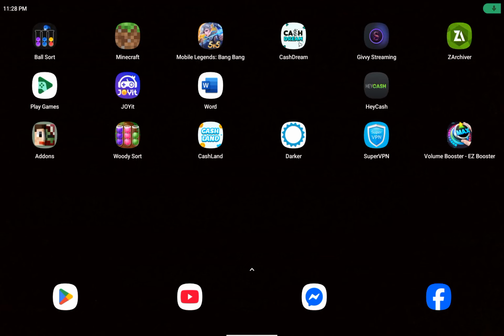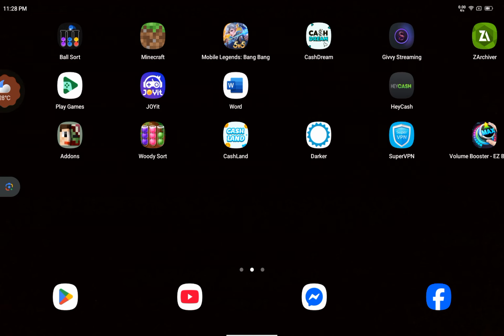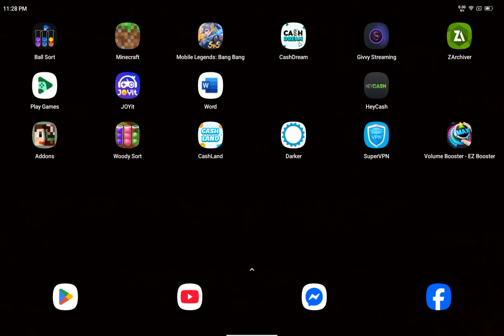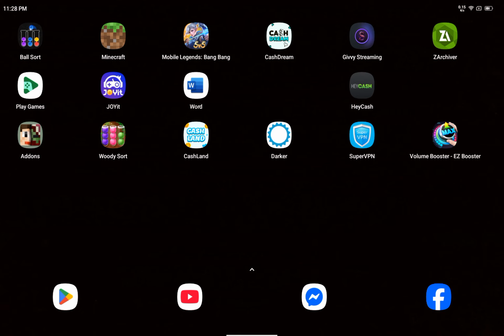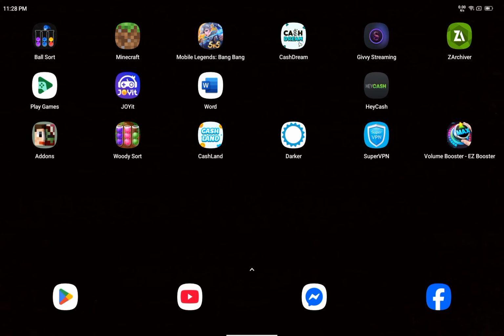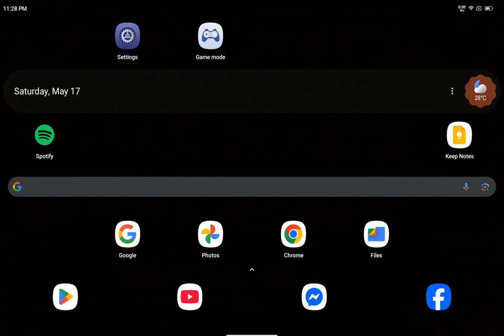So in this video, I will help you to get a decent amount of FPS for Minecraft. If you want to skip, there's No Particles plus Flipbook Disabler from add-ons, but you need Zarchiver to import it.